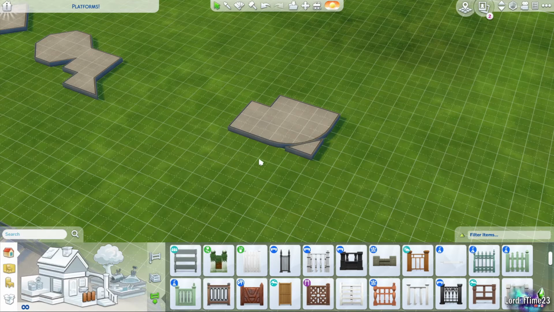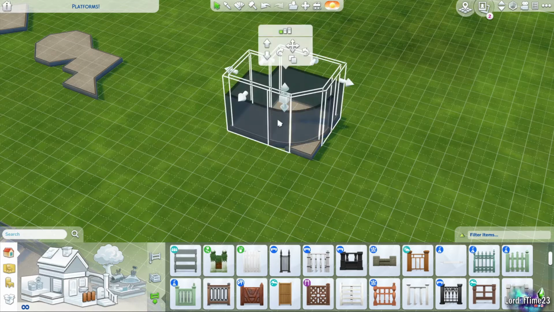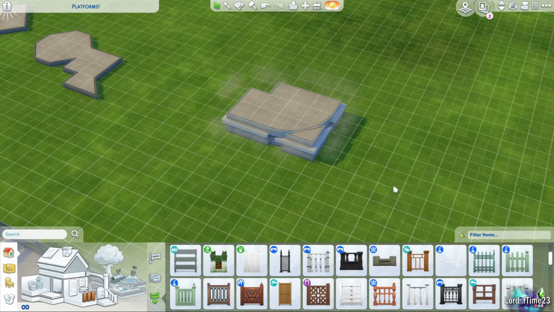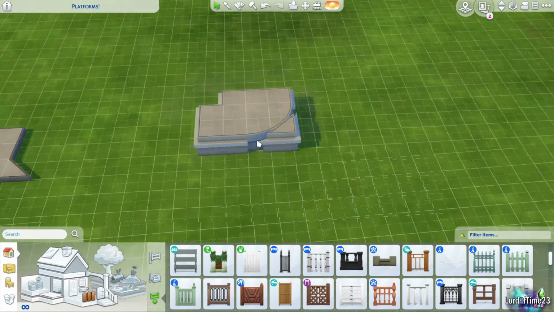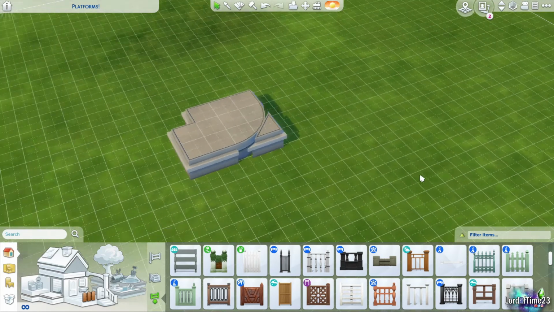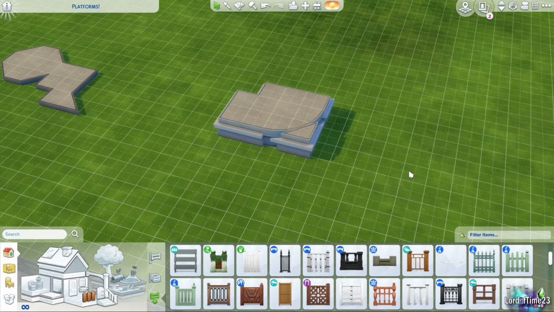It does not connect because this piece is meant to keep its rounded shape. So that can be the only downfall when you're building, because even if I were to have this on foundation, we'll just raise it a little bit so you can see, it still has that gap in it no matter what you do, and you can't get around it with any of the cheats, at least that I have found. There might be ways to get around it with some of the mods and stuff out there,